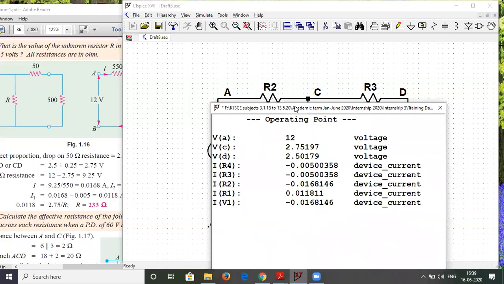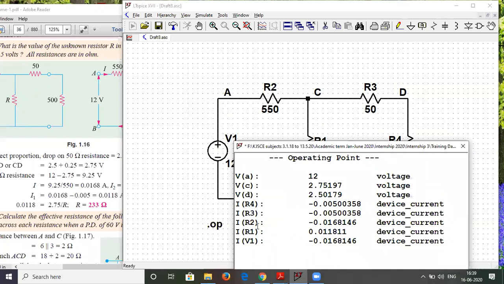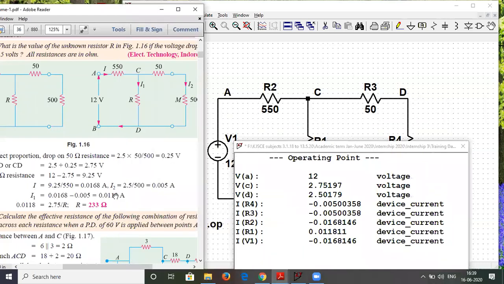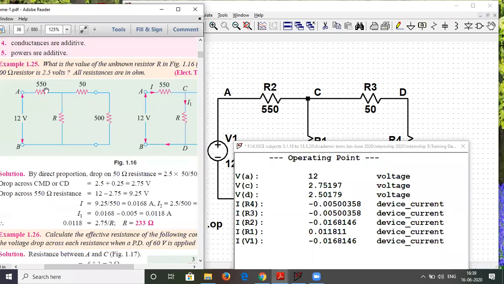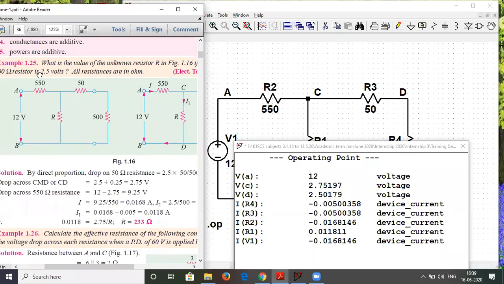That value is around 0.0118. You can see the accuracy of results. So what we did over here is we took a simple circuit with resistors and a DC supply, and we verified that all the current values and node voltage values are coming out to be correct. And you all can also work it in a similar way.